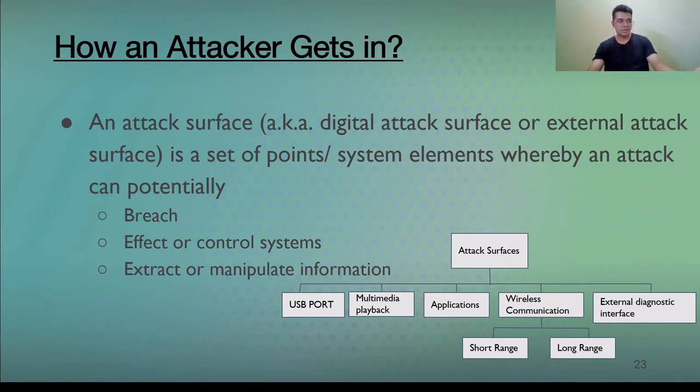It could be your application also. So an attack surface could be anything. In simple terms, an attack surface is a set of points or system elements whereby an attack can potentially breach, affect or control the system, or extract or manipulate information. That is the formal definition of the attack surface.